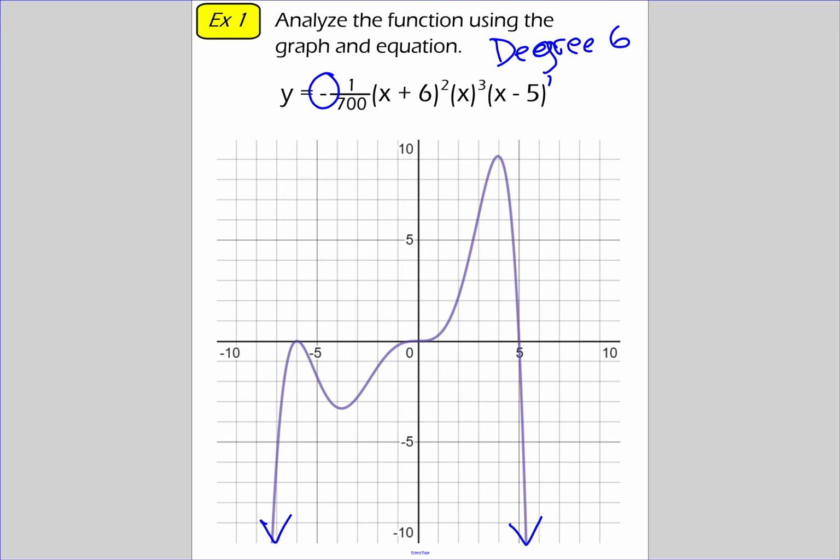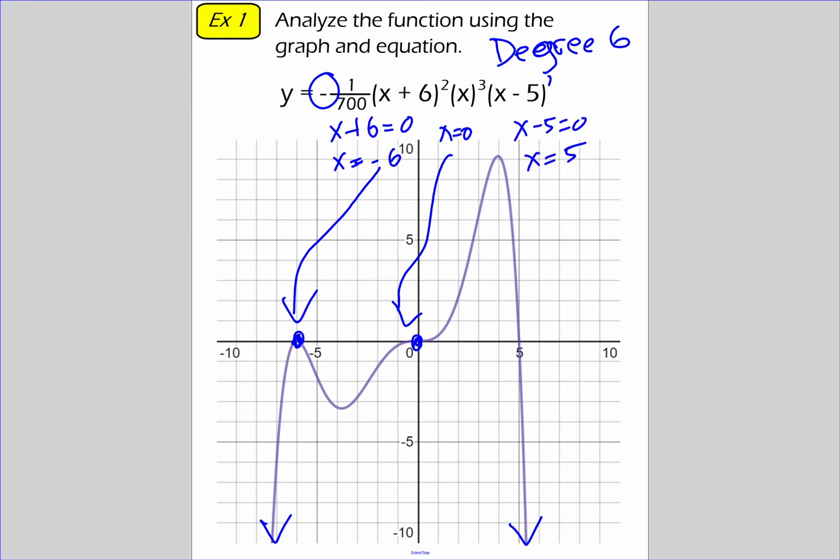Now, if we start to take a look at the zeros, we know they should correspond with the intercepts. For x plus 6, set that equal to 0, and x equals negative 6. And sure enough, we can see there's our intercept. For the next one, x equals 0, well, we're done. And there we go, the origin is the intercept right there. Now the next one, x minus 5 equals 0, we get x equals 5 as our zero, so there's our